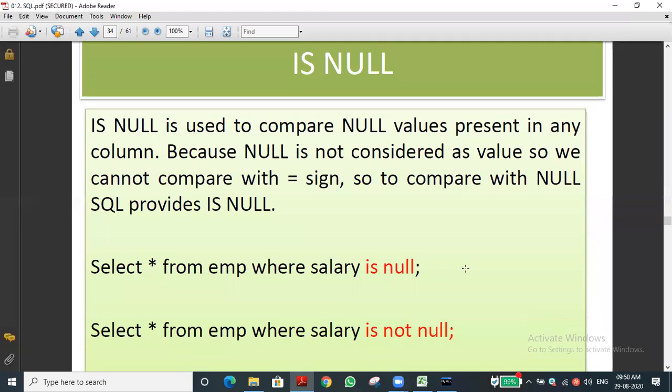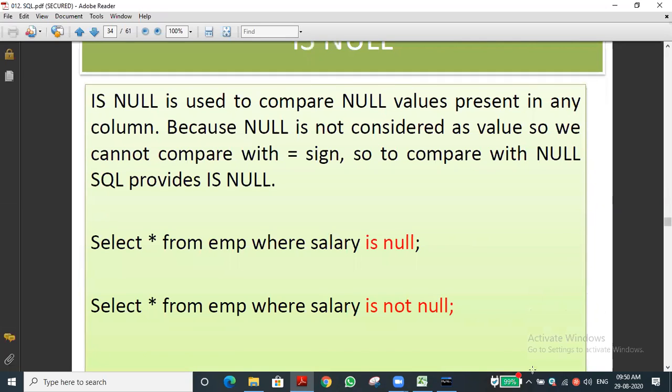This query is okay. Let me ask you the answer for the next query. Select all from EMP where salary is not null. It will select all the records from the EMP table where salary is not null. Whatever the salary may be, 1,000 or 100 rupees or 1 crore rupees, it will display all the names except the null. The first thing is just the opposite.